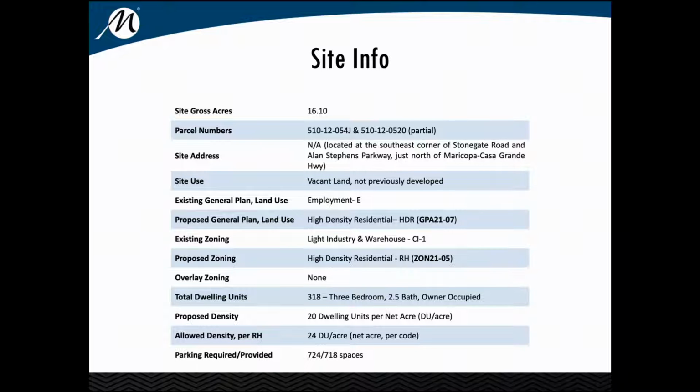With respect to the site itself, we're going to go over where it is located here in a moment, but the existing uses on the site. So what I'd like to do is skip down there to the total dwelling units and talk about this. The general plan amendment and the rezone request before you this evening are for the construction of 318 3-bedroom, 2.5-bath, owner-occupied townhouses. Now, this is important because this is the first of its product in the city of Maricopa. So not only are we going to talk about it tonight, Mayor, Council, you're going to see this again as the